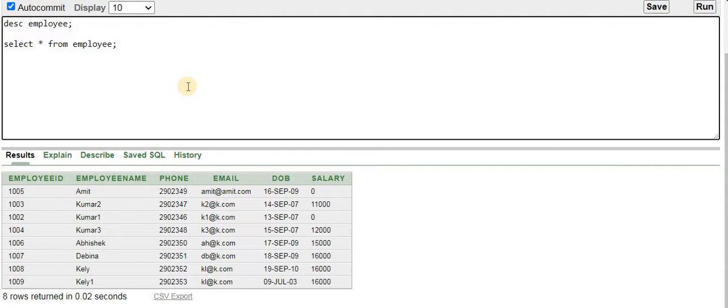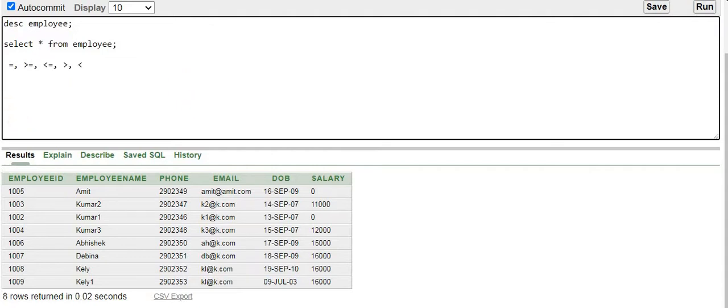So let us go ahead and use the first operator. We are going to deal with the equal operator, greater than or equal to, less than or equal to, greater than, and less than.